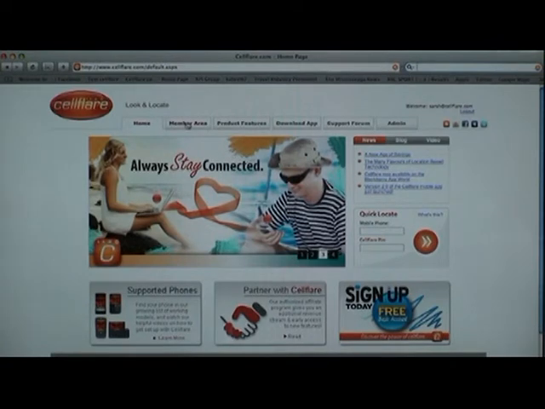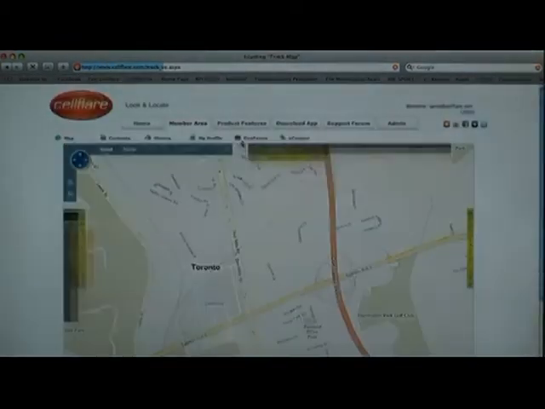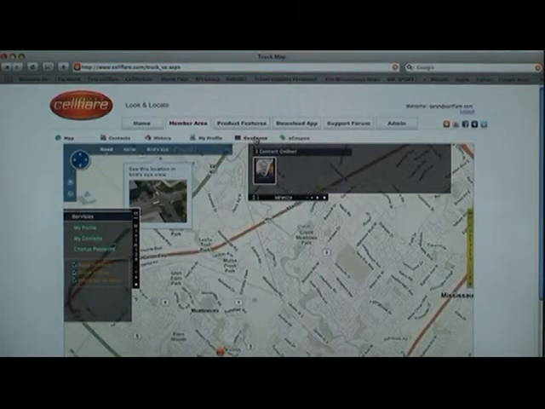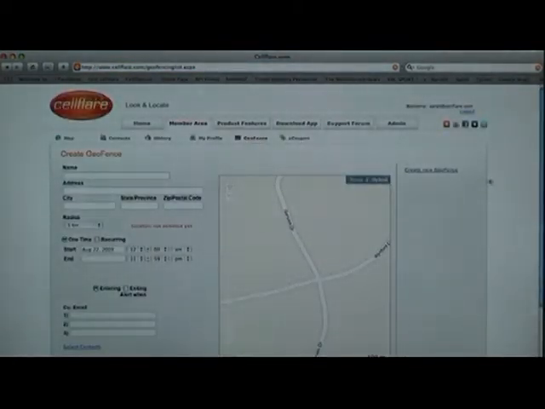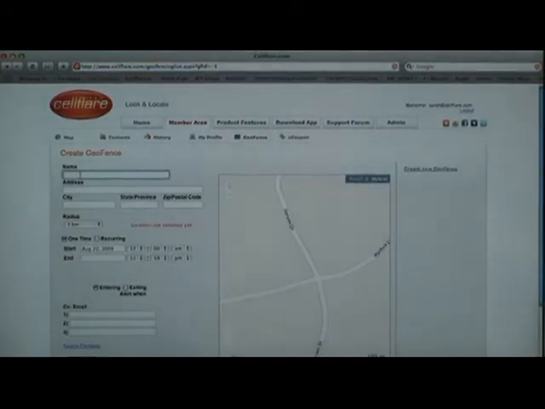Getting onto GeoFence, I'm basically just going to click on the member area right here, which should pull up the main map. And as you'll see, geofencing is very, very easy to use. Now I'm just going to click on the GeoFence little symbol there. I'm just going to make this simple. All I'm going to do is click Create New Geofence right here on the top right hand side. And then I'm going to name the fence right here. I'm going to call this fence Cellflare